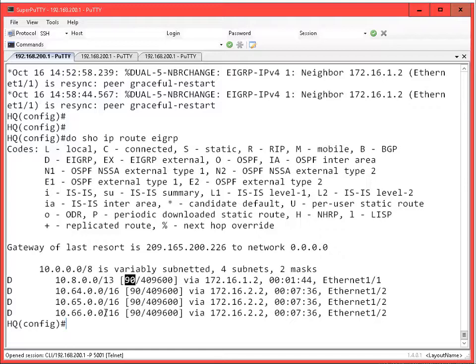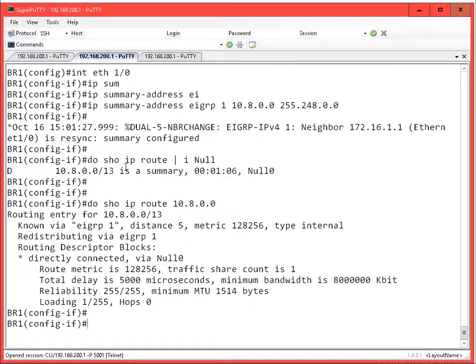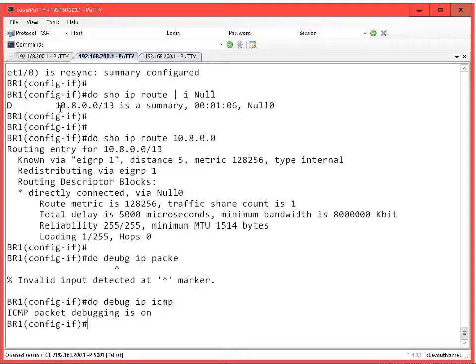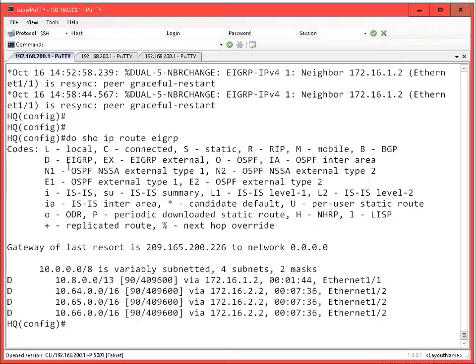There are a couple of reasons why we wanted to make sure that the null zero route gets inserted into the local routing table, because of its importance. For example, let me go ahead and do a quick debug. I'll do a debug IP packet. Actually, let me just do a debug IP ICMP. I don't want to kill my router. And I'm going to go ahead and ping